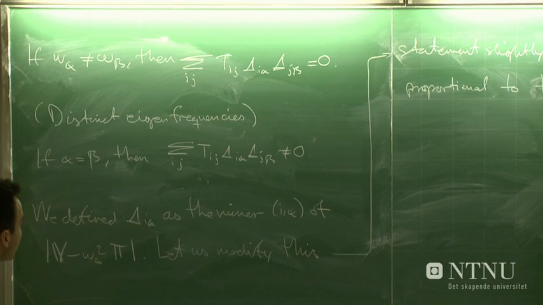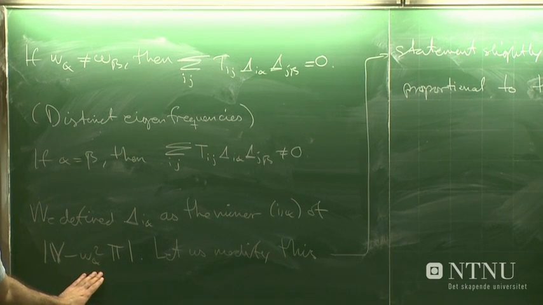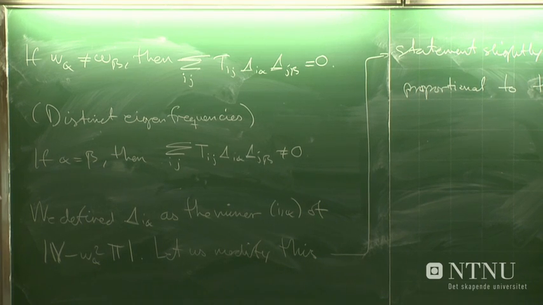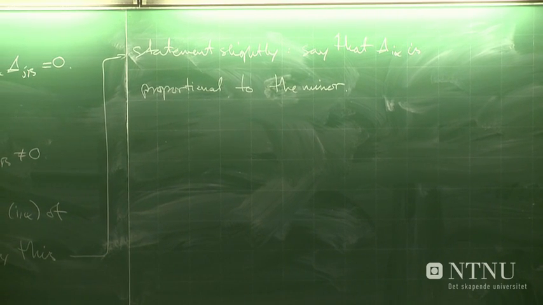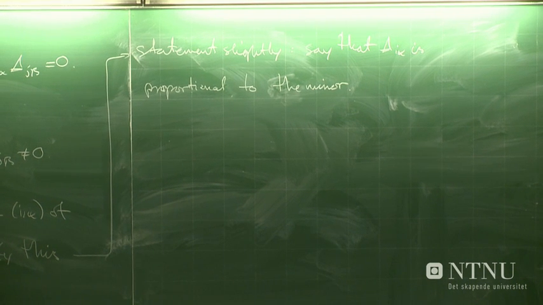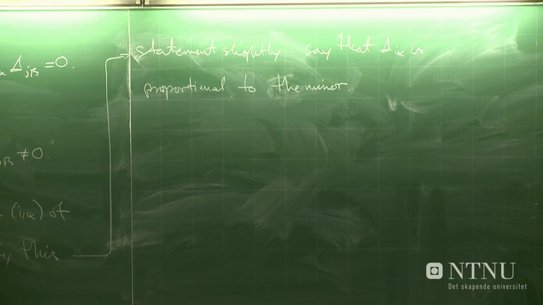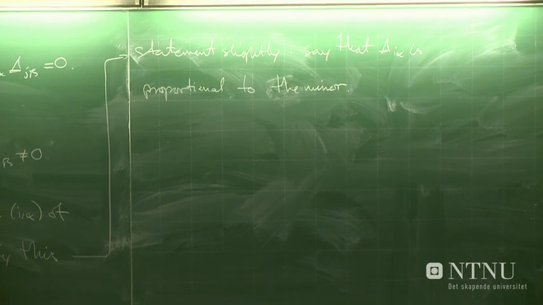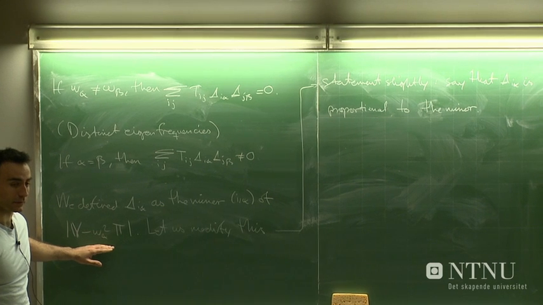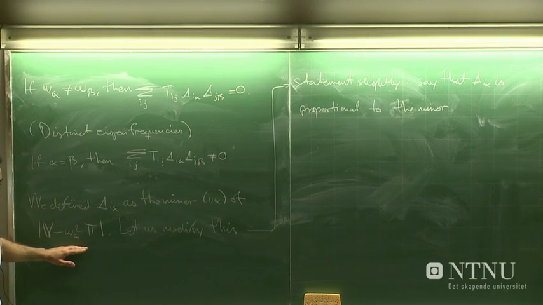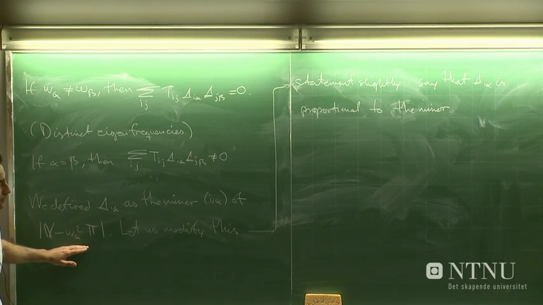So since we originally set delta alpha to be the minor of this matrix, it should be unambiguously defined. It has a value, period. However, let's now modify this statement slightly and say that delta I alpha is proportional to the minor of this matrix. Okay, so that may seem a bit fishy. Modifying the statement after I've derived the result, which actually depends on delta I alpha being the minor of this matrix. So how can I salvage the situation? Well,